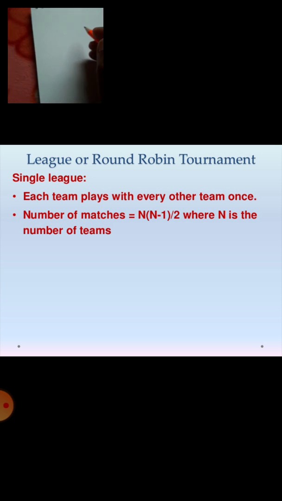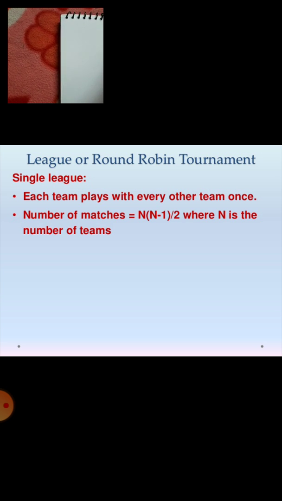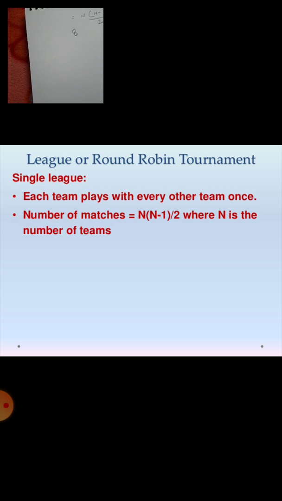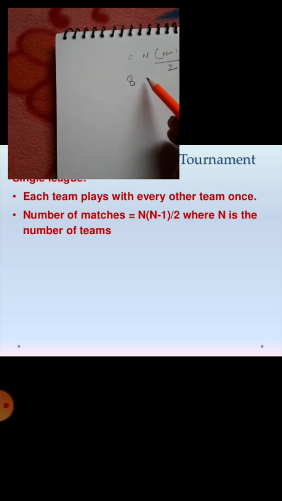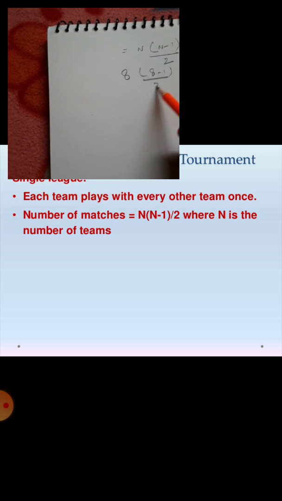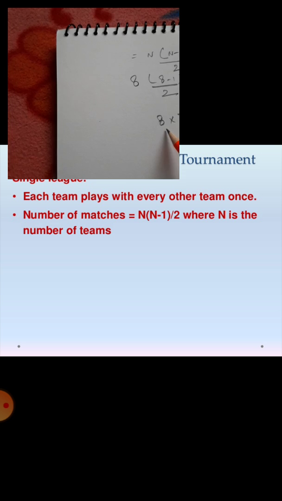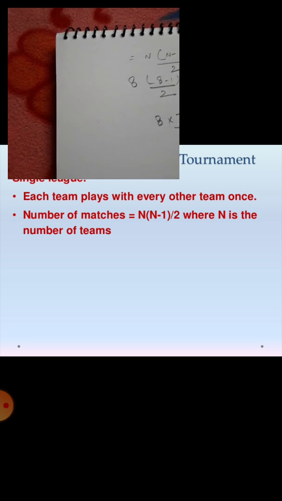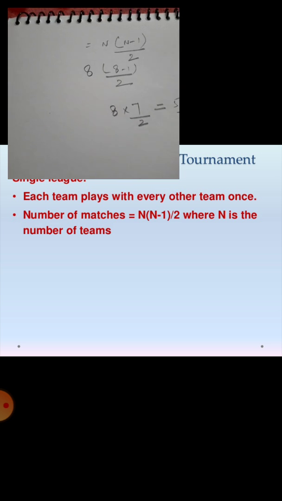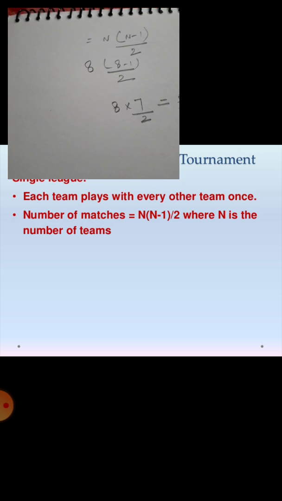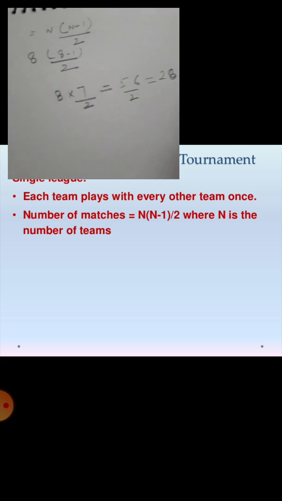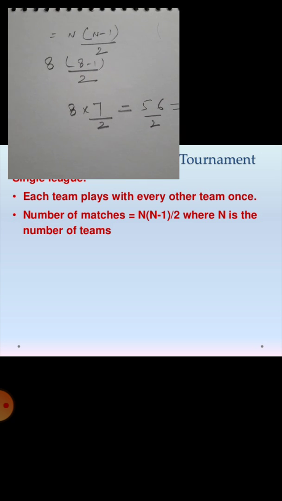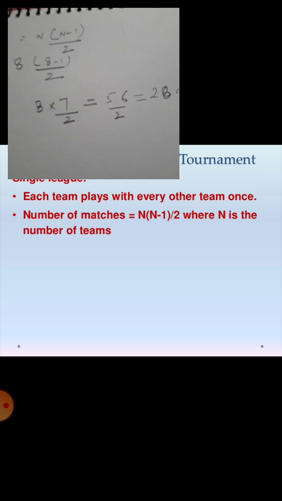Suppose there are 8 teams participating in a single league tournament. So the formula is n(n minus 1) upon 2. Here I will show you, suppose 8 teams are participating. So 8(8 minus 1) upon 2, that is 8 multiplied by 7 upon 2. It is in the following way: 28 matches will be there according to the given formula. All right,